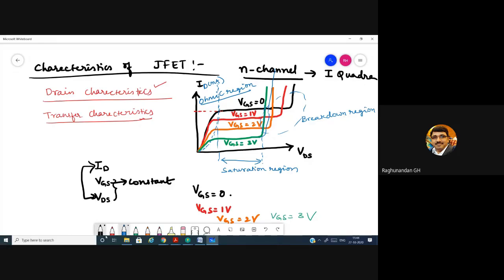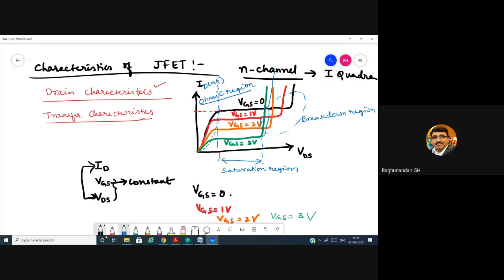Okay. In the ohmic region, we have the flexibility to increase or decrease the current. That is what we need in amplifiers. In an amplifier, there is no fixed level. We can increase or decrease. If you are using an amplifier for a guitar or in a music system, we want to increase the level of the volume. We might sometimes increase or we might decrease. So we want that variation, or that flexibility.